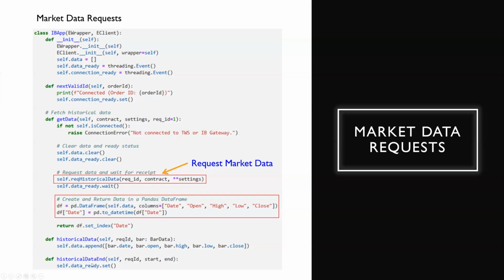And then once all data has come back, this historical data end will be called. And what we've done there is that we've then updated the data ready method. We set it to yes, the data is ready, and that's how it knows all the data's come back. Now at that point, we say, okay, data's ready, and then it'll populate my pandas data frame. So this is the request method, and then two callbacks: historical data coming back tick by tick or bar by bar, and then once all data's come back, the historical data end method will be called, and that's the pattern within